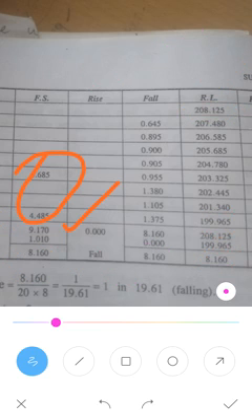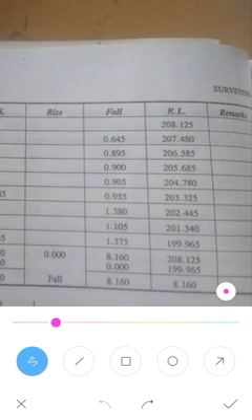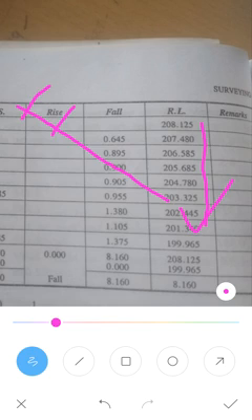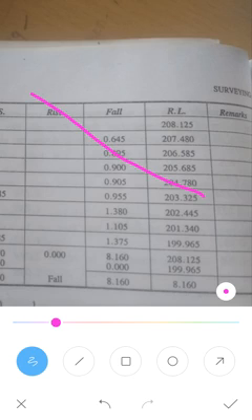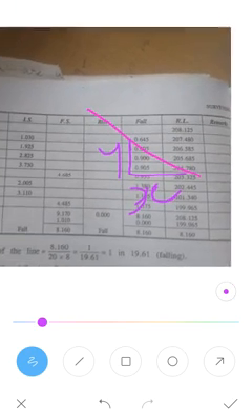So next, the ground profile: the RL values, if you take 208, 207, 206, 205, like this, it looks like a slope. It is moving 208, 207, 206, 205, 204, 203, like that. So what you have to do is find the gradient, that is, the line is like this, and you have to find the slope. This is the x-axis, you take x, and this is y. How to take this x and y? Slope is considered